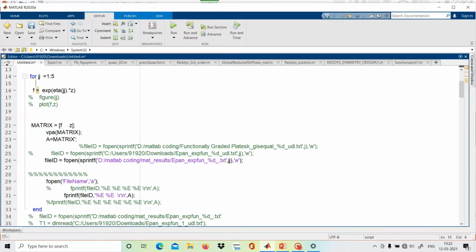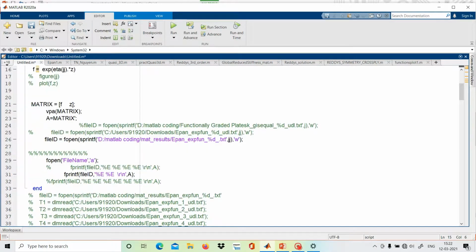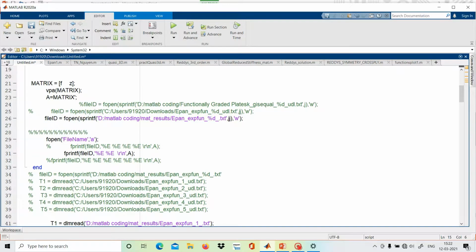Then we want to open that file. So fopen file name. Okay, so now fprintf, we write file ID. We have already generated this file ID. So fprintf is the command here to write there. Now here we are writing fprintf file ID and this value f and z we want to store here in a percentage exponential format. So this value would be written here in this format. Now these values are already written somewhere in the D drive MATLAB.